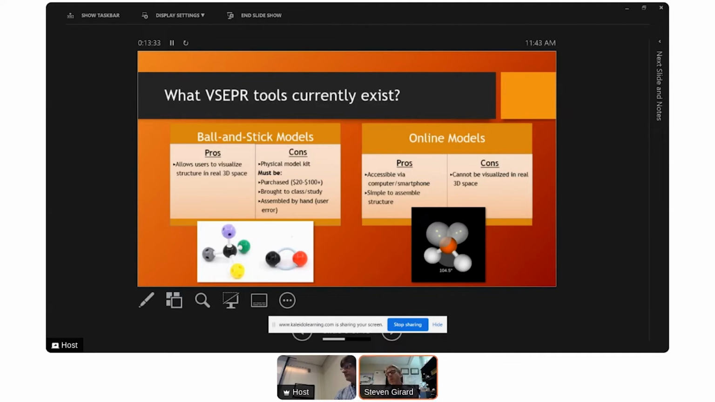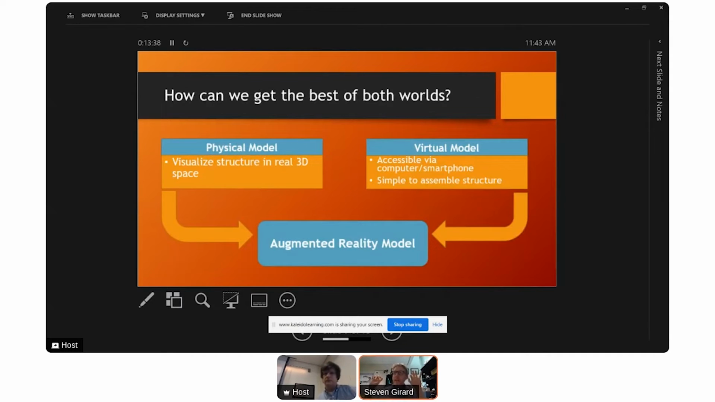screen, right? So what we want to do, next slide, please, is to try to take the best parts of both of those halves. That is, how can we visualize the structure in real 3D space that we would get from a ball and stick model, the actual physical model, but then also get the improvement in accessibility, improvement in cost, and the simplicity that would come with a virtual model